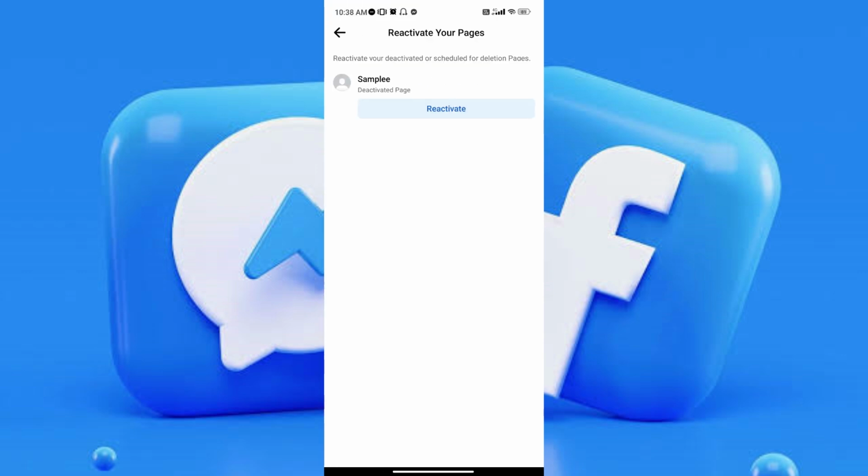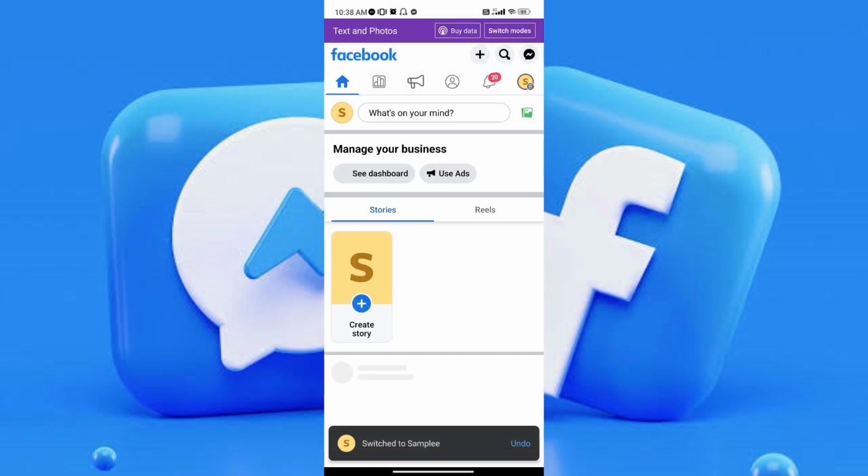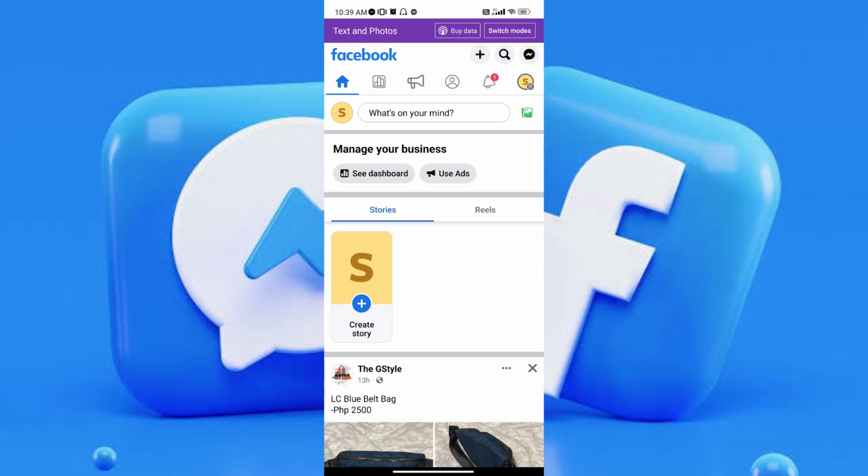Once you've tapped on it, you will see the list of the pages that have been unpublished or deactivated. To reactivate or republish it, all you have to do is to tap on reactivate. Let's go ahead and try and tap on reactivate. As you can see, once you've tapped on it, the page will be reactivated and you will be transferred to